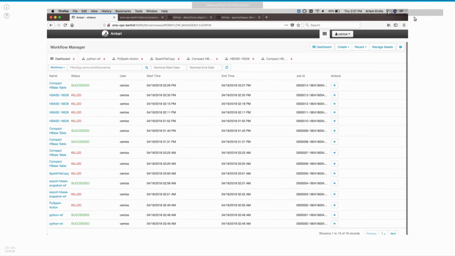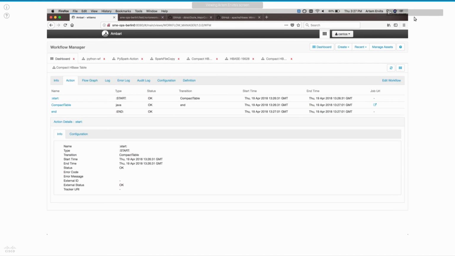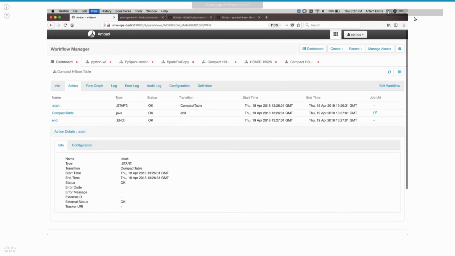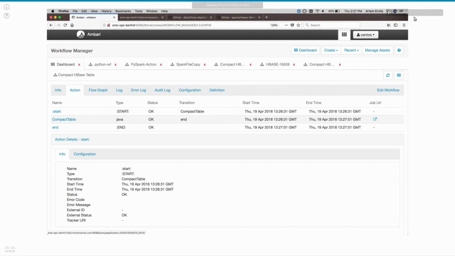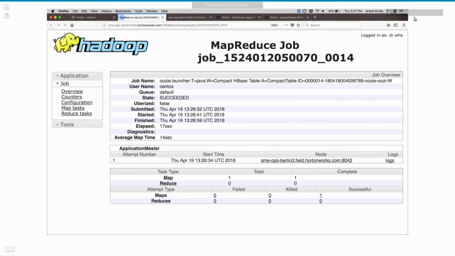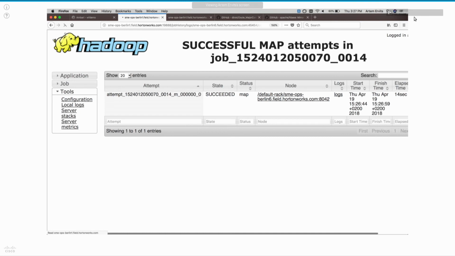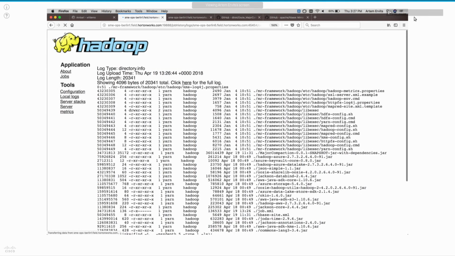When we go into the job, you typically drill down into the Yarn application, then the Yarn task, to find the jobs. I said you can't introduce Workflow Manager for the users if you don't have this feature. So I'm going directly to the job, directly to the map task, and because I said capture output, and if you see the Java code, he's printing these statements in the Java code, I can see that. I know that this worked.